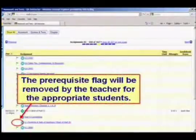Note, in this case, the prerequisite flag, you can check it. If the prerequisite flag has been removed, then you have access to that assignment. Okay? So that's another clue right there. Now the teacher cannot adjust these prerequisite flags until you've both logged into the software and inserted your payment code. So by all means, it is very important